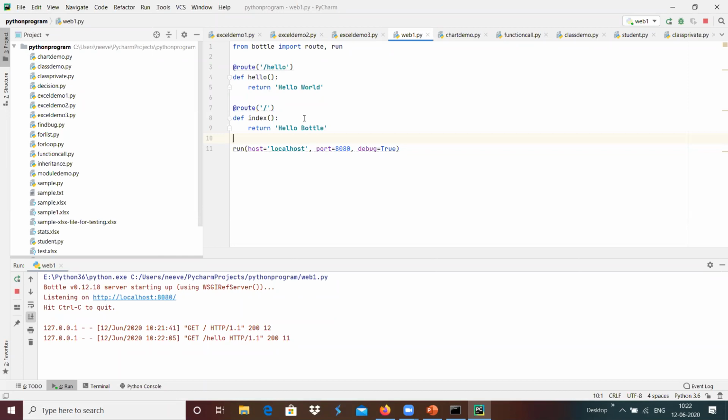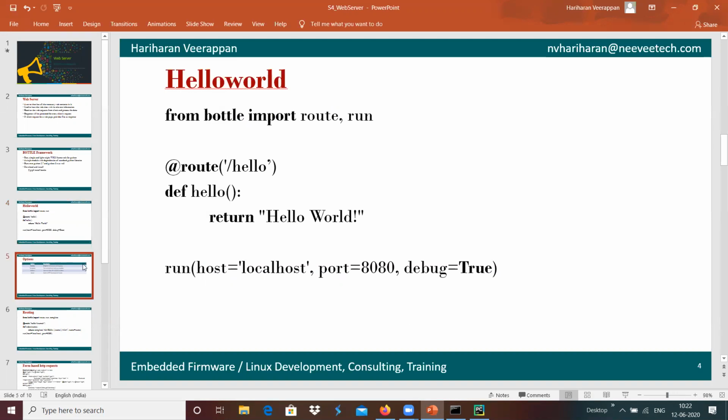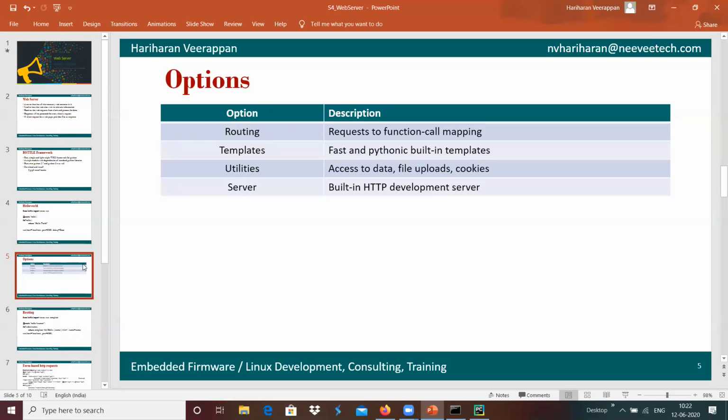And if suppose we wanted to handle different requests, we will see over here, this is something like the web server bottle framework. It has different options, something like routing. Routing is the option which routes that request to the respective function, called mapping.